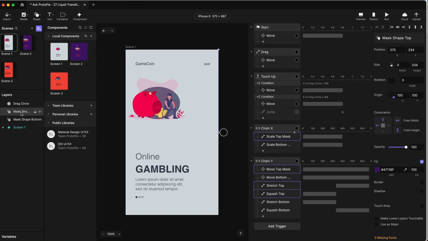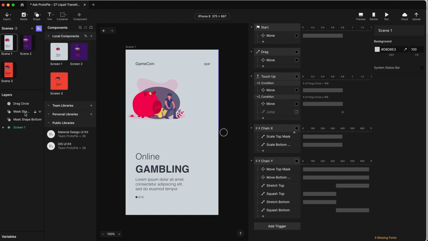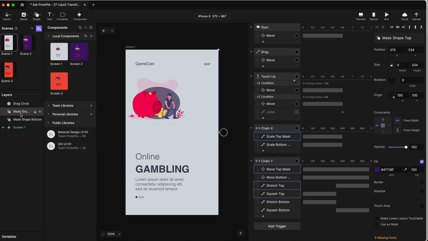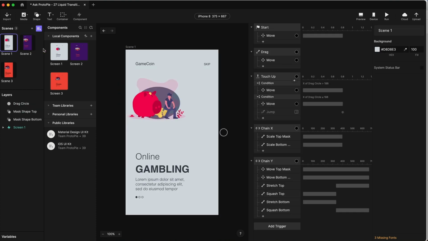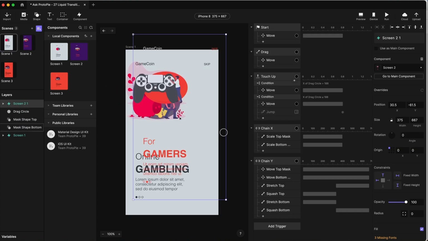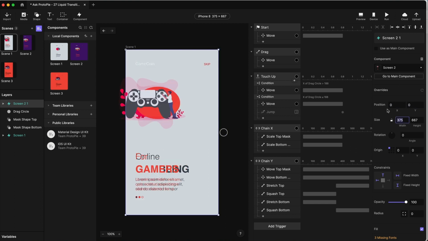Now the nice thing about the way masks work in ProtoPie is you can use any vector shape as a mask, and typically that would mean a shape that you draw. But because we imported these as SVGs and turned them into editable shapes, they are now native shapes within ProtoPie that we can also use as a mask. So I'm going to pull in the component scene 2 and just put it on top, and we are going to position it at 0, 0. And let's call this